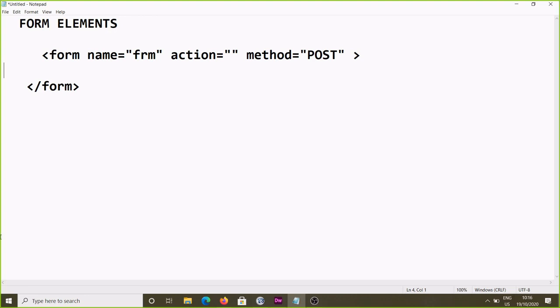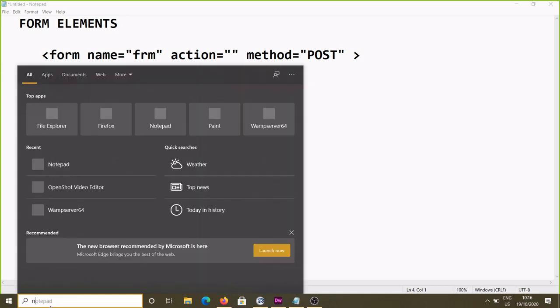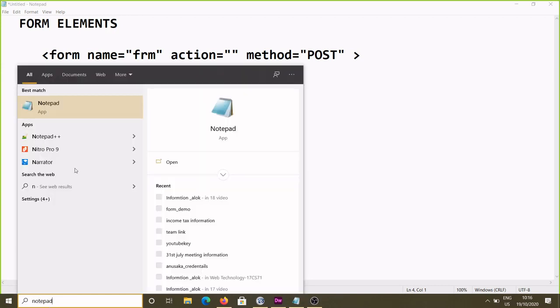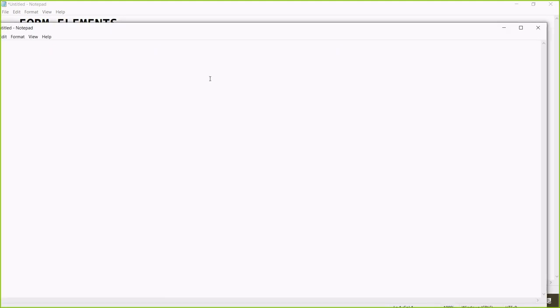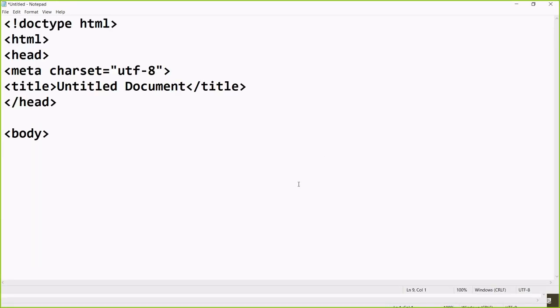Clear? So in that case, I will start one empty notepad, and in this notepad I will write the basic HTML code. See, this is the basic HTML code. After the body, I can change the title here; I am just putting the title, yes, form element.